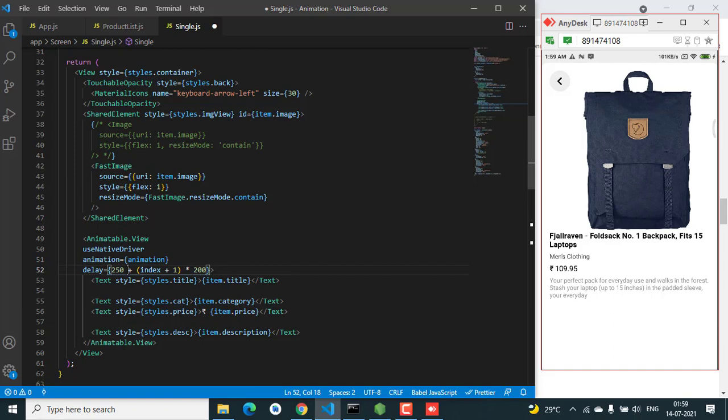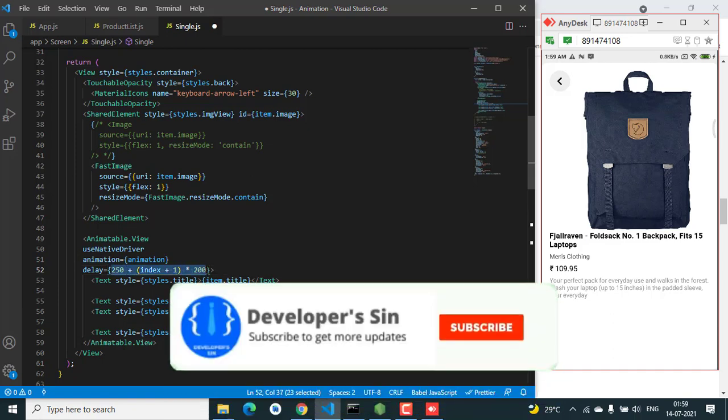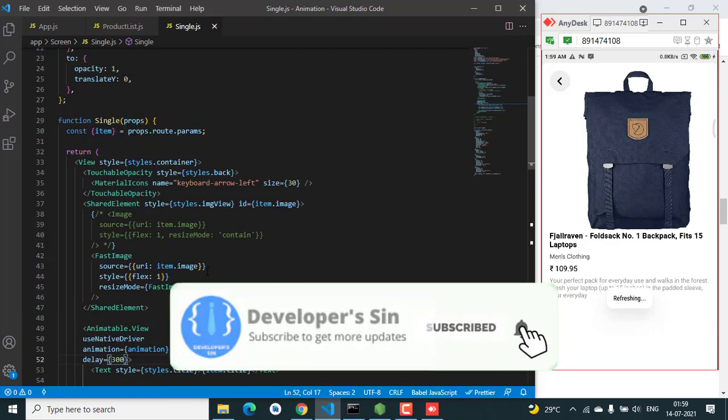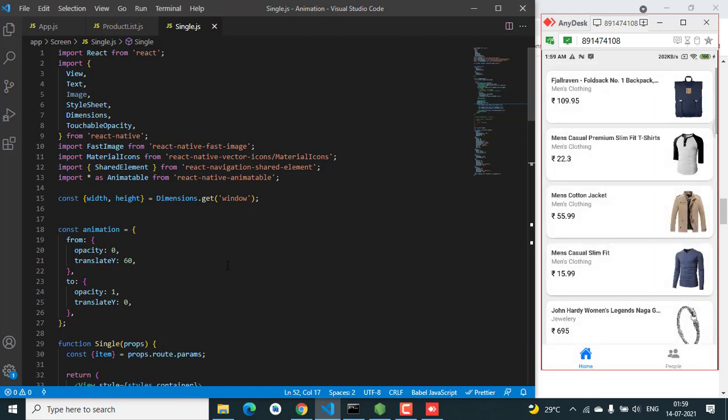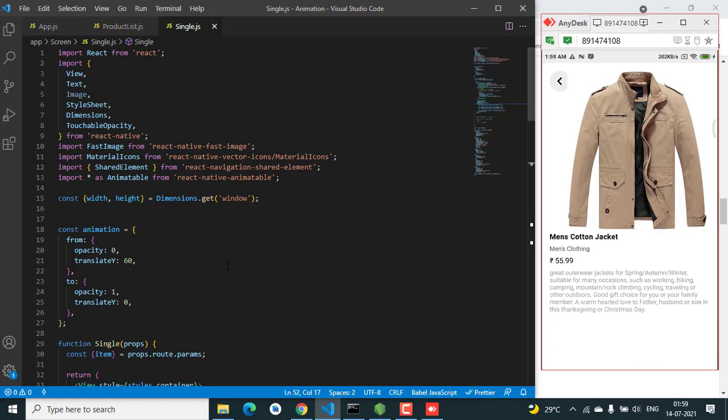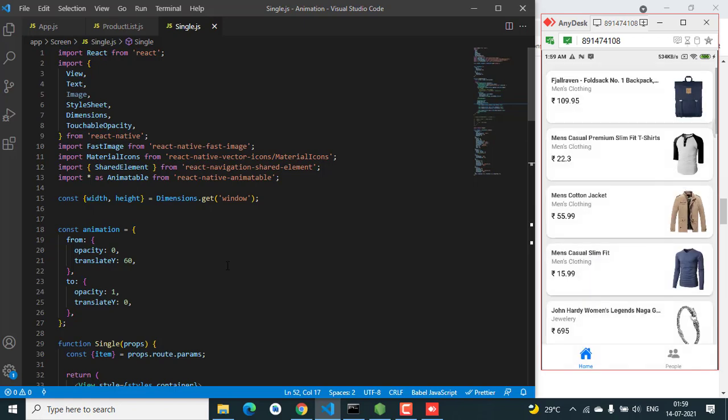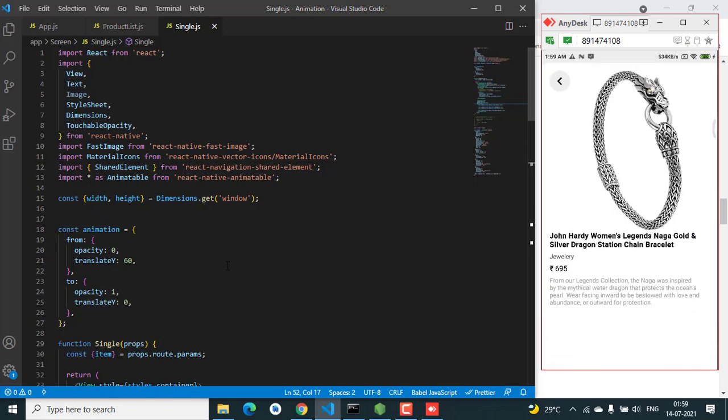The delay option will be 300. See, if I say one more time, so now if you click, yeah, it's coming from the bottom, it's looking much better now.